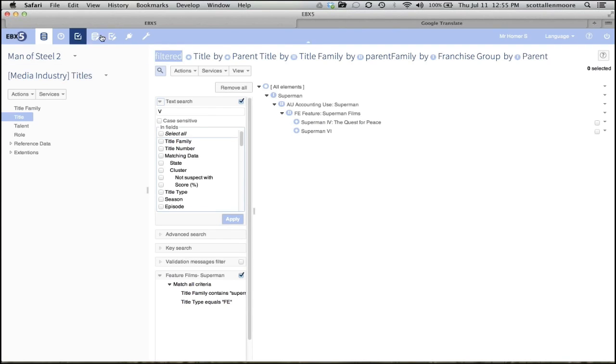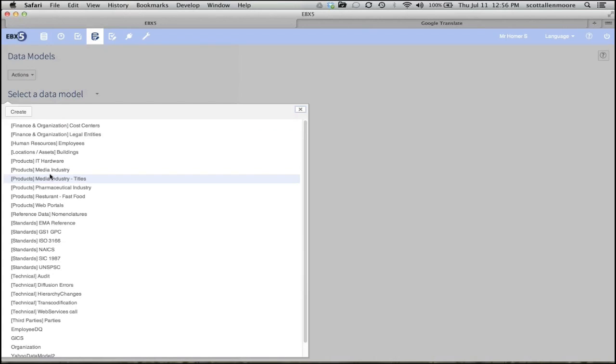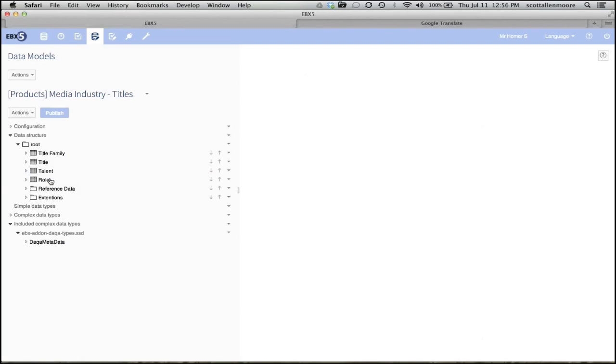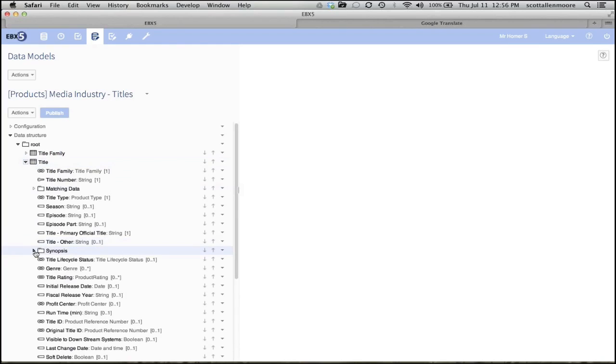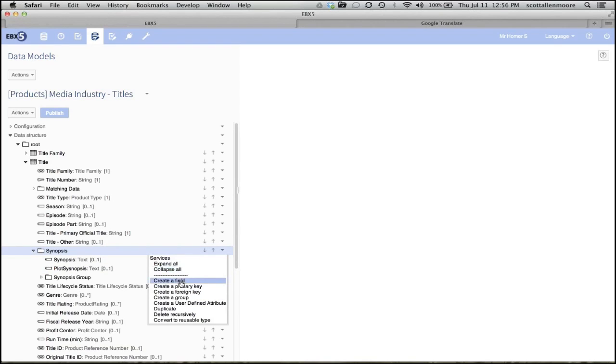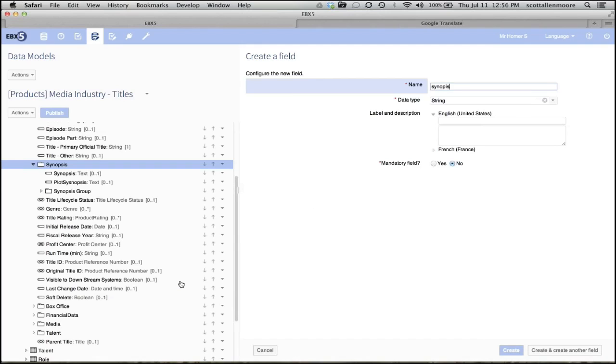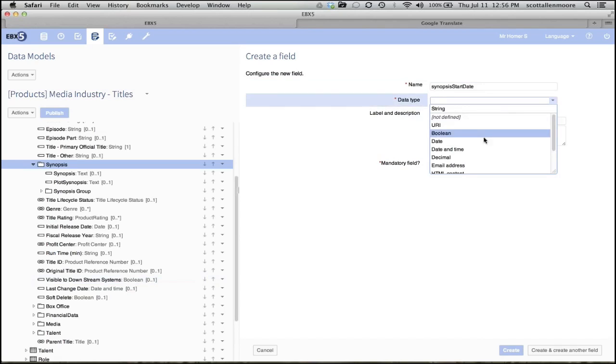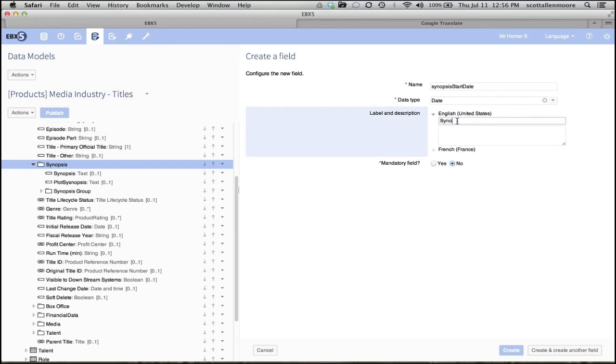One last thing I want to do before we open up the questions, because I know we're running a little late, is show you how easy it is to do what if. What if I wanted to change something to this data model? I can just go to my data model section and pick the title's data model and say in my title, maybe the synopsis currently has something like a synopsis start date or end date. So I'm going to just create that field now by saying create a field for synopsis. Synopsis, I can't spell, start date. We'll say this is of a type, you can see there's lots of types here, but I'll just use date. Synopsis date. And I'll create it.